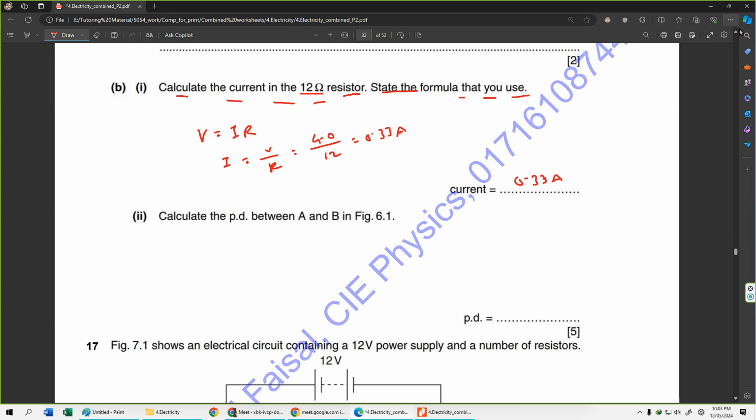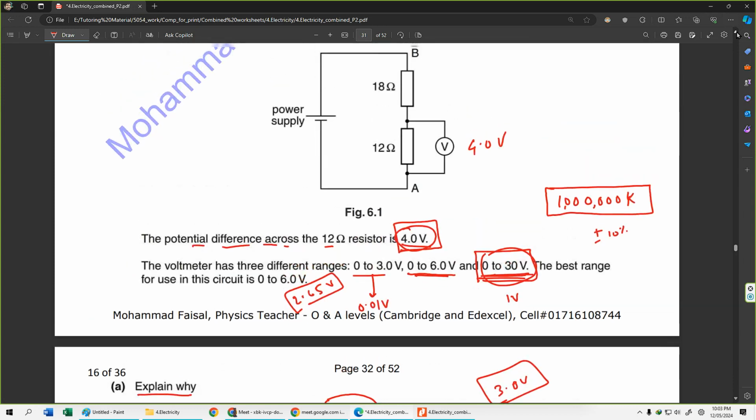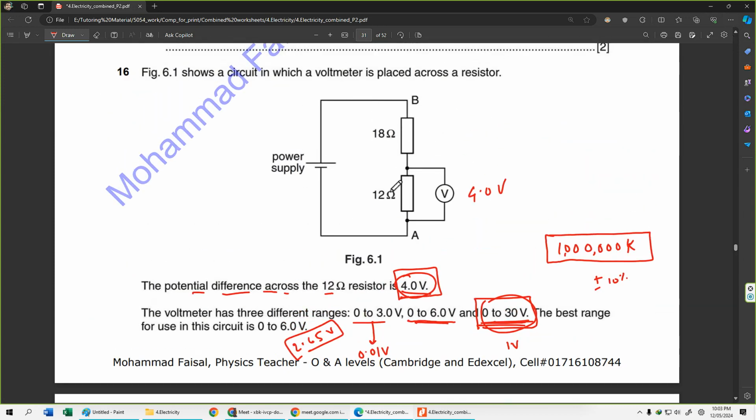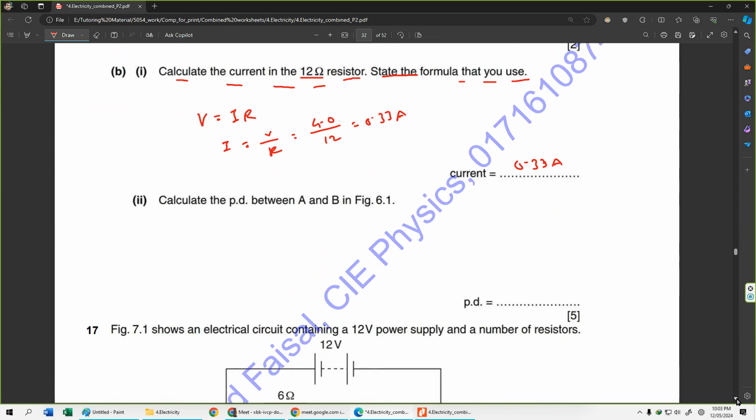A আর B এর মধ্যে PD কত হবে? So A আর B ছিল হচ্ছে এই জায়গায়, তো টোটাল PD কত হবে? এইটুকু টোটাল রেজিস্ট্যান্স কত? টোটাল রেজিস্ট্যান্স 30, আর কারেন্ট দুটার জন্য সেম। তাহলে টোটাল PD হবে V equals I into 18 plus 12. তো তুমি 0.33 বসাও, 0.33 into 30 করলে 9.9 ভোল্ট, বা তুমি যদি রাউন্ড আপ ভ্যালু বানাও তাহলে 10 ভোল্ট পাইতে পারো, সমস্যা নাই। সো দুটাই হলেই মার্কস দিবে।